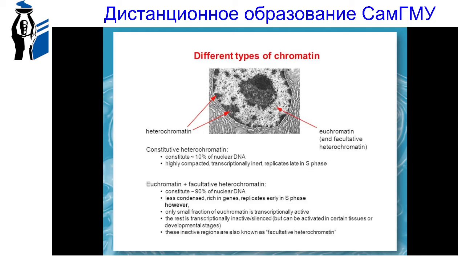Euchromatin, or active chromatin, is a chromatin region that retains the depolarized state of elementary deoxyribonucleoprotein filaments in the interphase nucleus, unlike other regions that retain the helical state, or heterochromatin. Euchromatin also differs from heterochromatin in its ability to intensively synthesize ribonucleic acid, or RNA, and a higher content